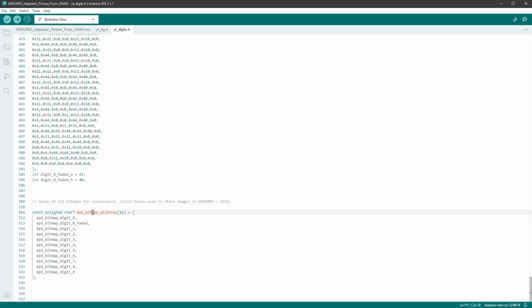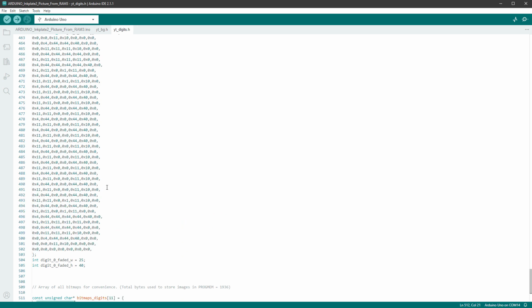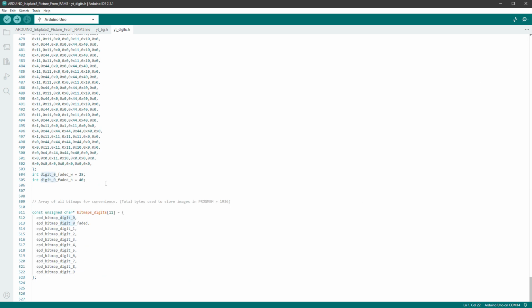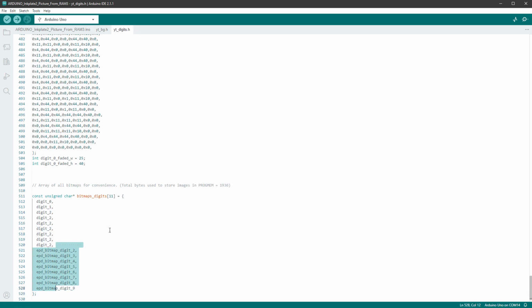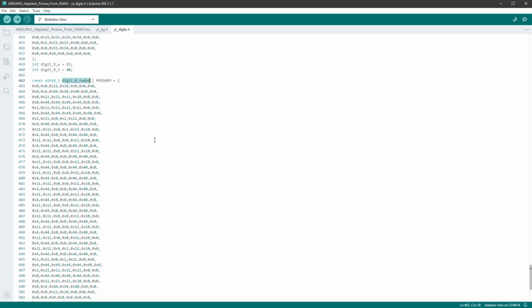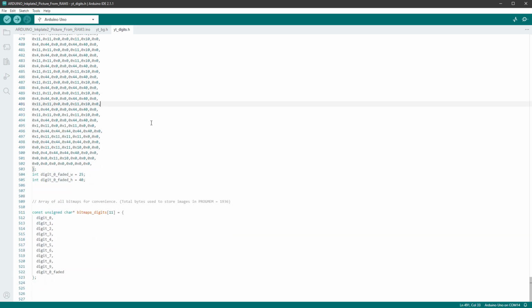And you can see that we have this array called EPB bitmap all array. I will rename it to bitmaps digits. And those names are of course not matching the names of our digits. So I will simply use our names going from digit 0 to digit 1 and so on and so on. With the last digit being our digit 0 faded. Which means that we now have all the individual images as well as the array which we can use to